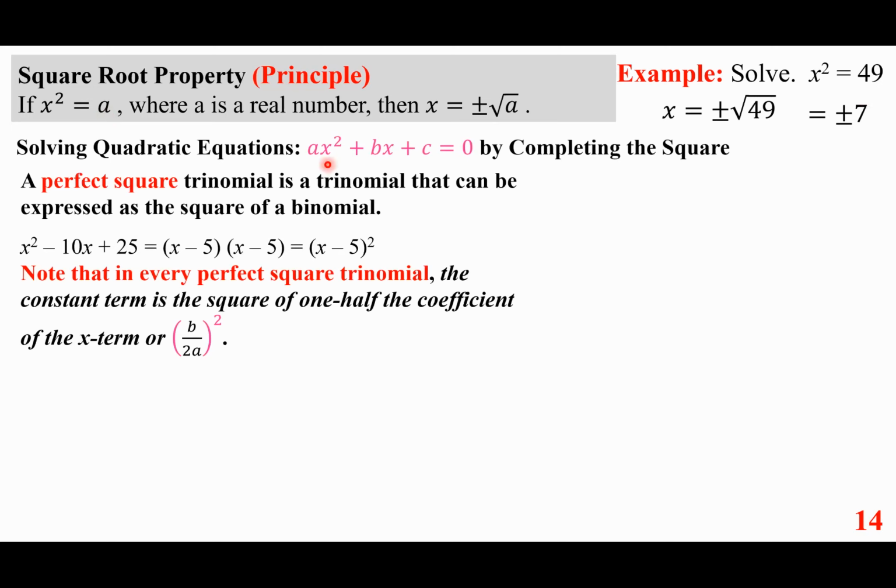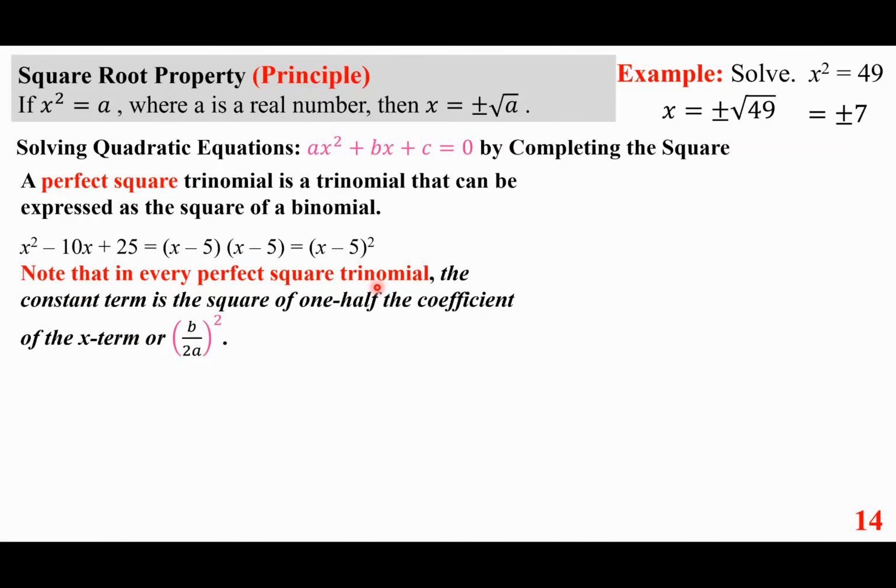Solving a quadratic equation, ax squared plus bx plus c, by completing the square. A perfect square trinomial is a trinomial that can be expressed as a square of a binomial. x squared plus 10x plus 25 is (x plus 5) quantity squared. So if you were to use completing the square,